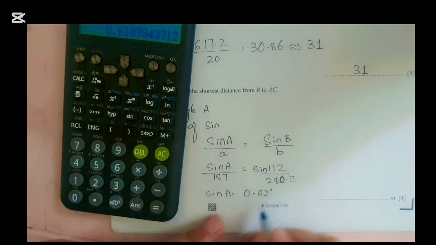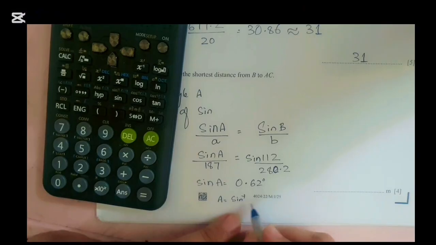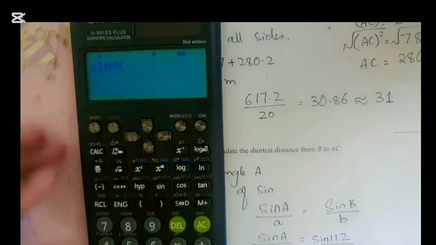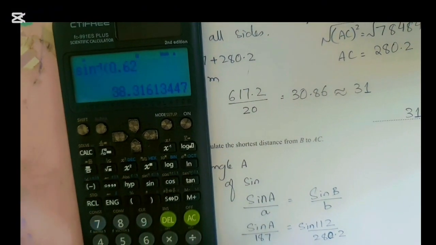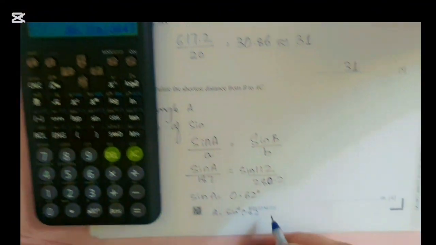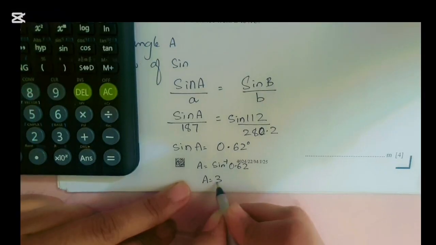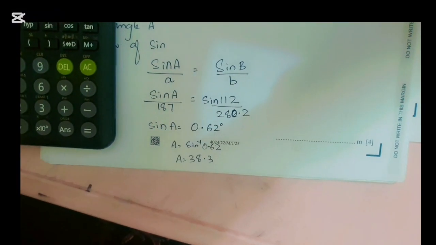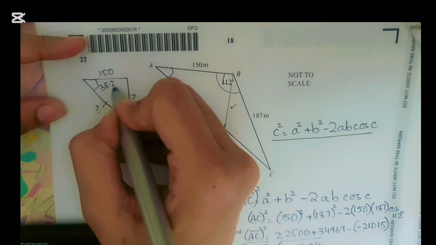Okay, so A is equal to sine inverse 0.62, and sine inverse of 0.62 is 38.3. So A is equal to 38.3, or we can take 38.2 as well so we can easily calculate. I am taking 38.3, both are okay. 38.2